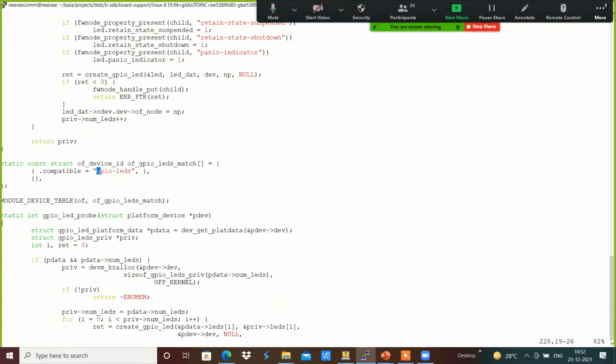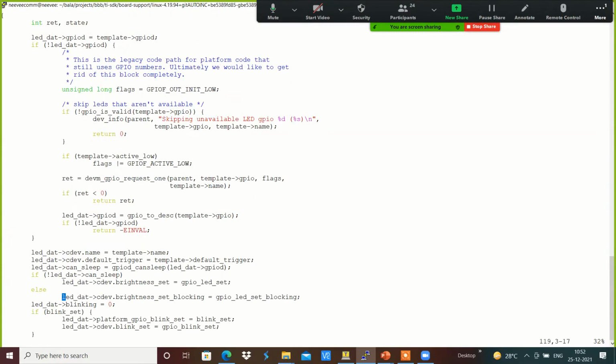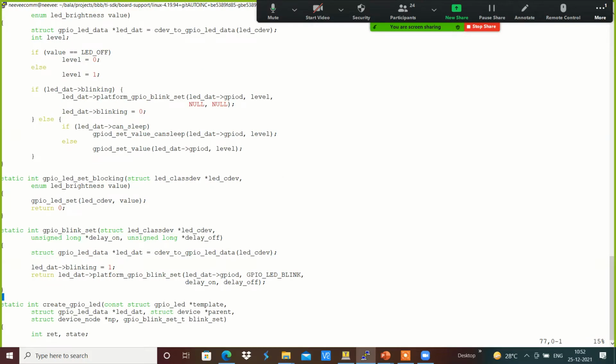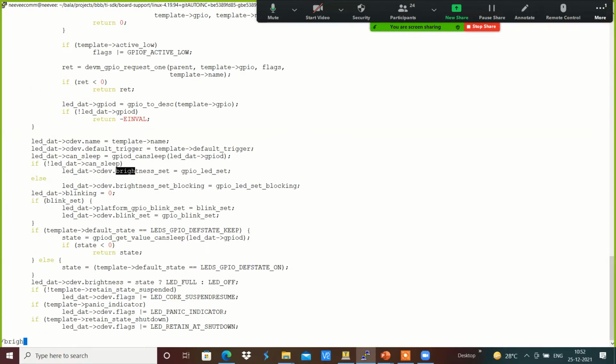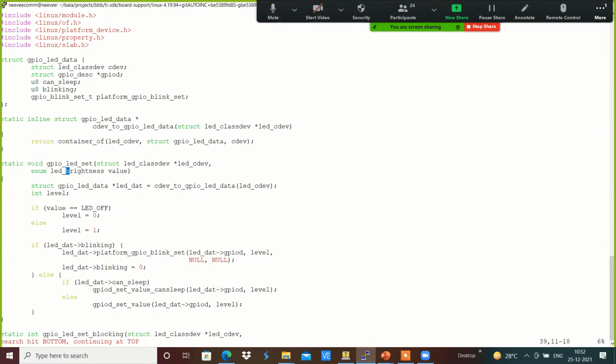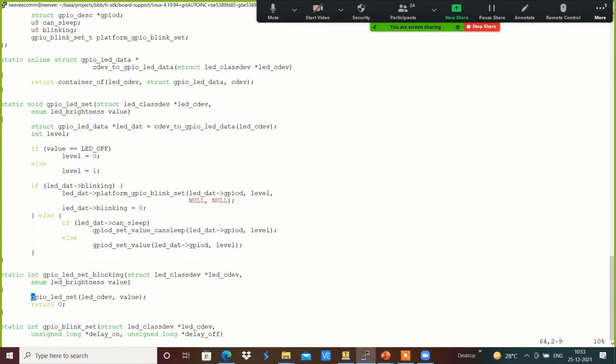For example, we will be having something like a simple example that we will see after this. After that, we will get into more detail accordingly. Basically, whatever we are doing, there will be respective settings inside the driver. For example, we have the LED set, which basically sets the brightness value. Like that, there will be the respective set accordingly over there.